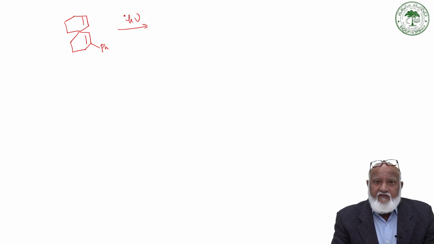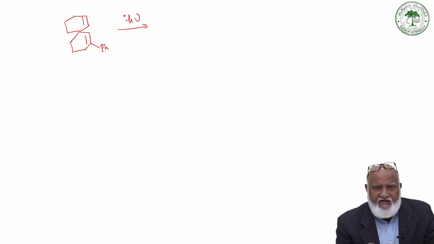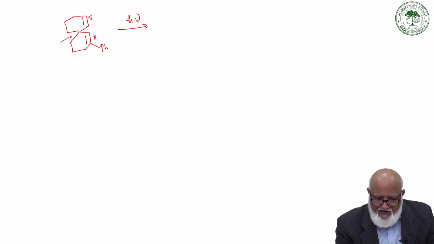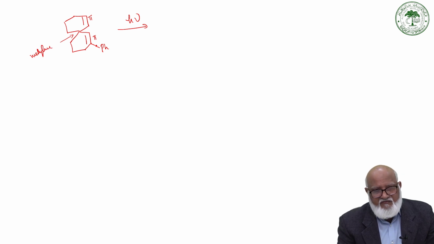If you look at this very carefully, there is one pi bond and another pi bond separated by a methylene group, and that's why this is very nicely set to undergo di-pi-methane